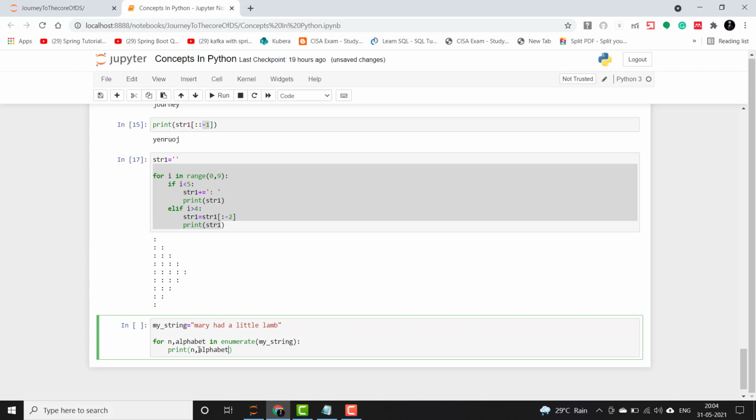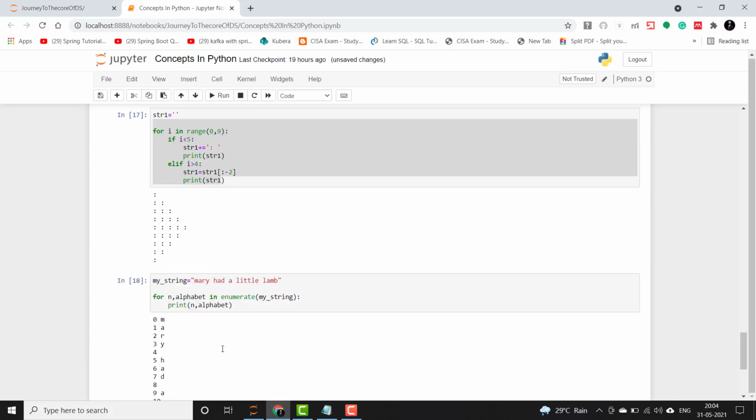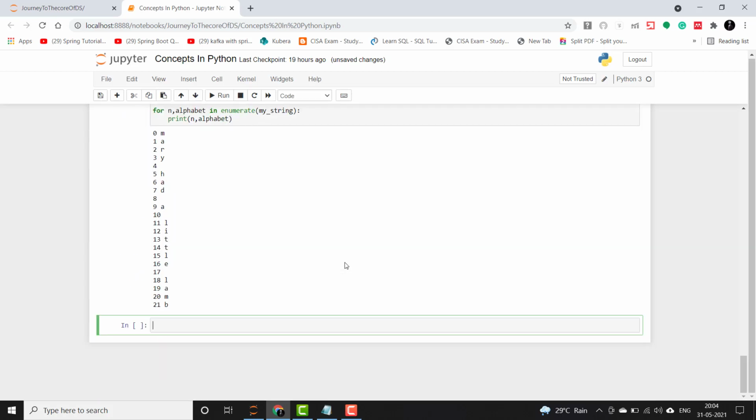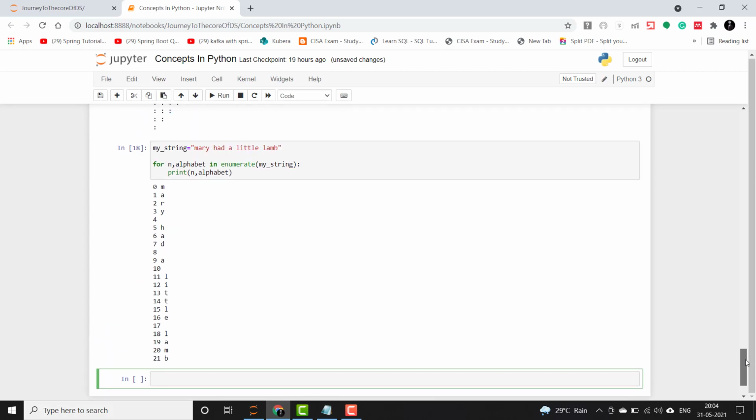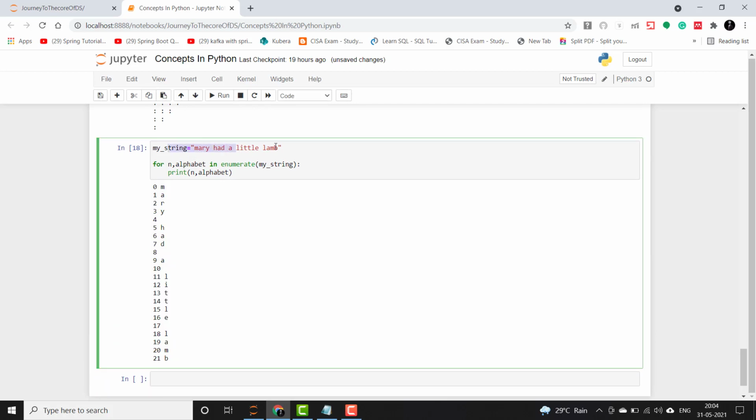Let me shift it here. Yeah. Okay, so you guys can see here that we did not use any extra variable, but still we are able to print the indexes of each of the characters present in this string. So we can use enumerate and do that as well.